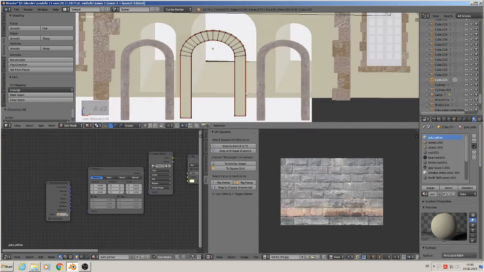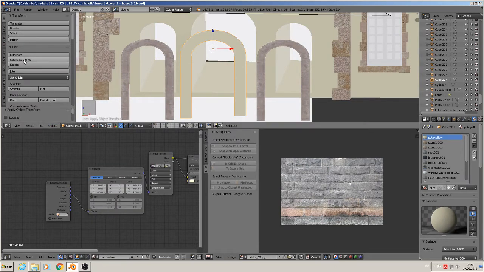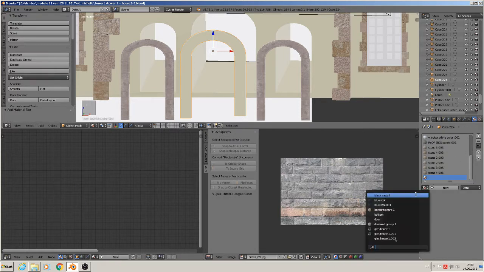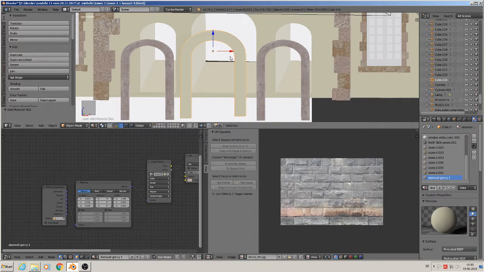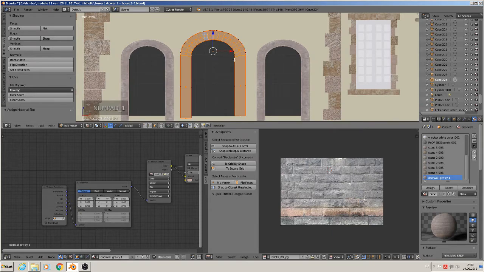Now we can unwrap it, but before we have to apply the rotation scale of it, set the origin to it, and we need here our material there, so plus, and we need this gray stuff there. So door wall gray stone, we get it there. We place it on the front of it, so a sign, and we need for sure an unwrap. So we have that, and I want only the front part, so that here, and I make it straight line